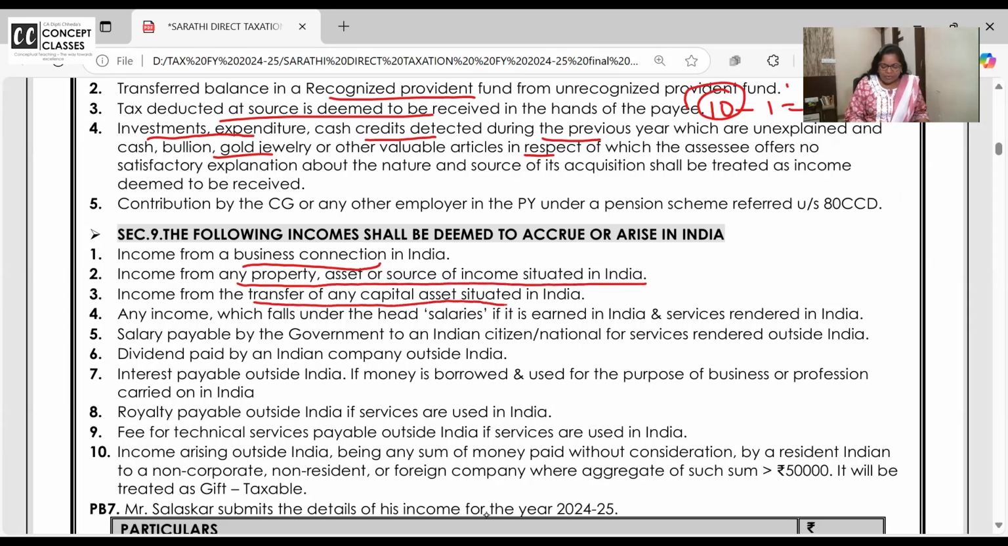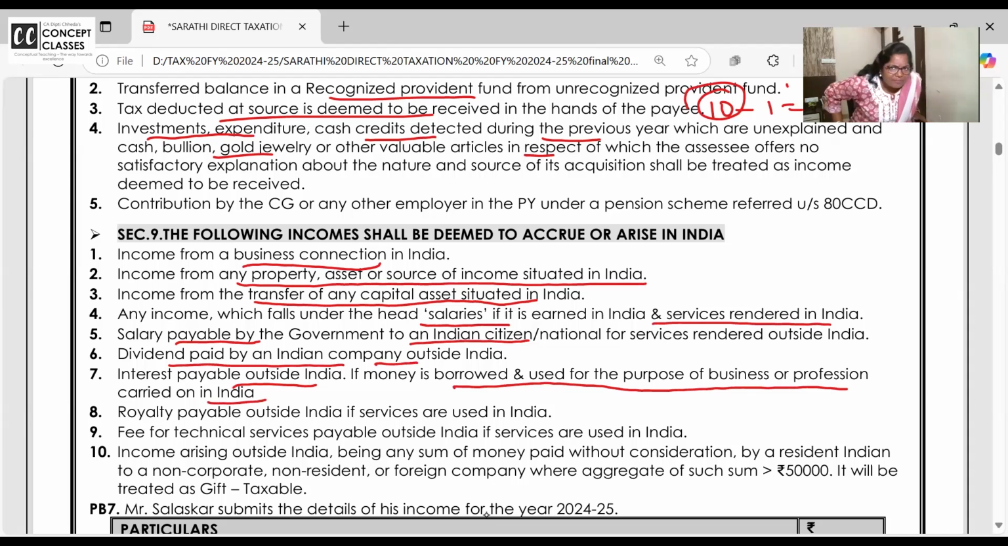Or there's a transfer of capital asset which is located in India. Or you get salary which is earned in India. Or salary is given by government. Dividend given by Indian company. Interest is payable outside India, but if the money is borrowed and used for the purpose of business and profession in India